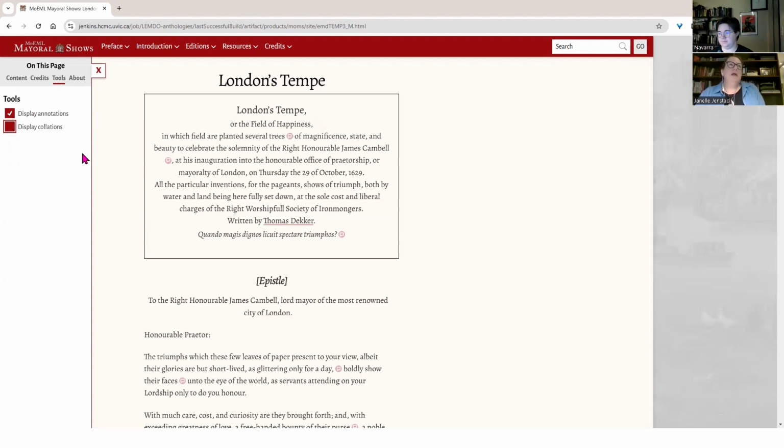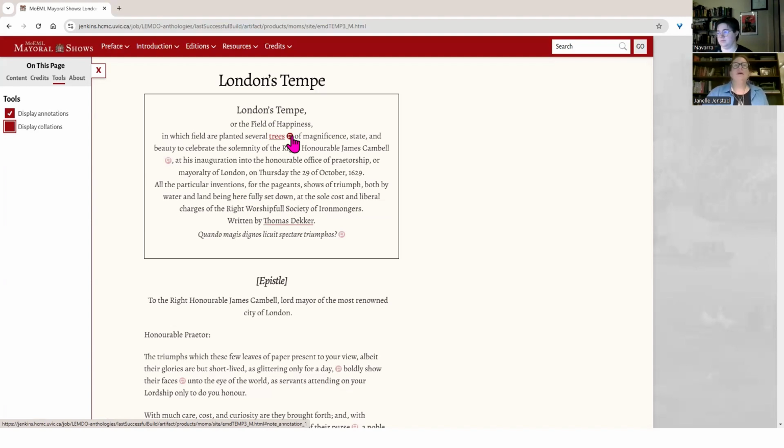Our long-term plan is to give users the opportunity to turn annotation types on or off. So if somebody just wants the glosses, they can do that. So what happens when you click on the annotation icon is that the text that's being annotated is highlighted and the color of the text changes.